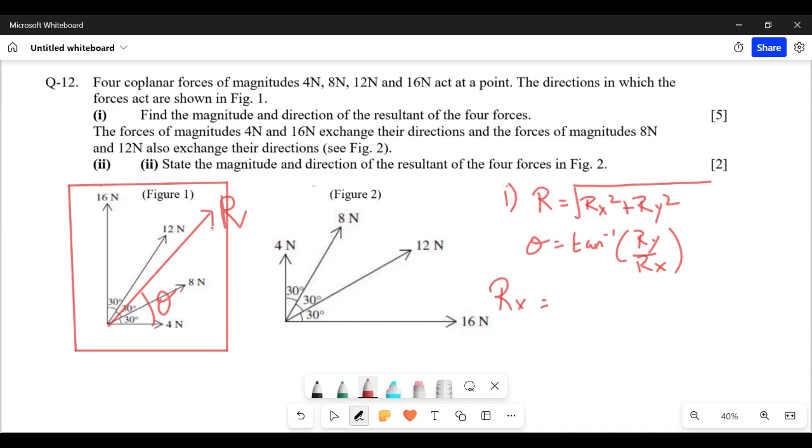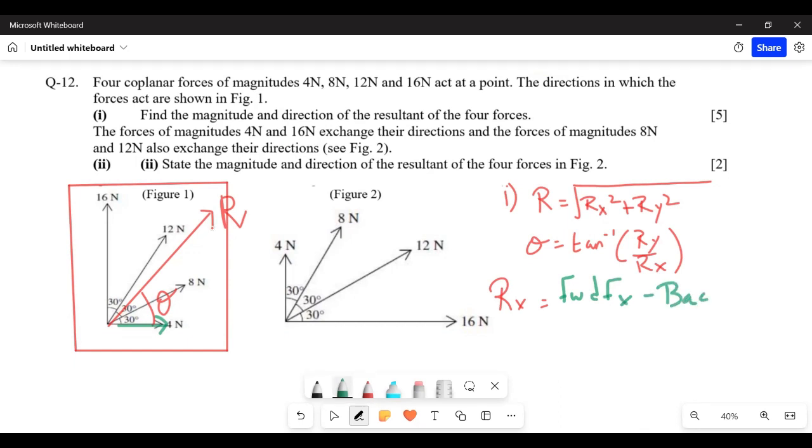We have a 4 Newton force in the x direction, so the forward force is 4 Newton, plus